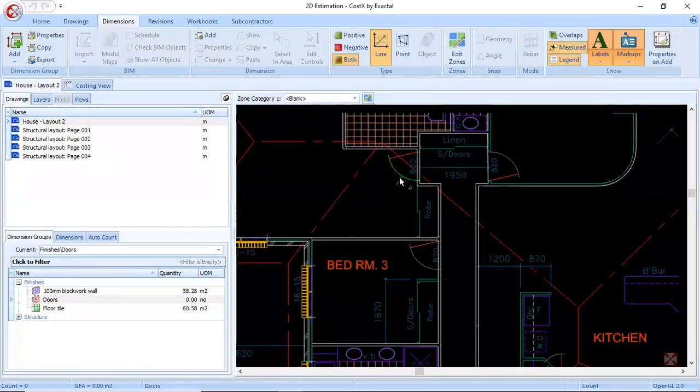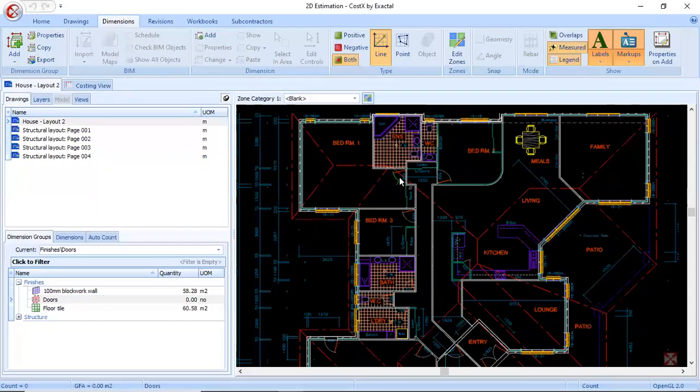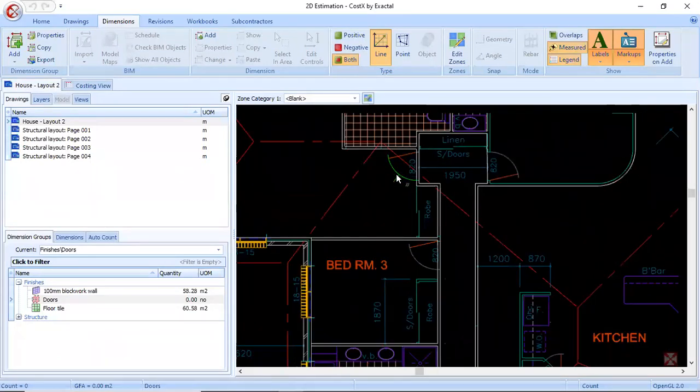Say in a drawing, I may have different doors which range from D1, D2, D3, D4 like this. So all my D1 doors in a drawing are categorized to one block, and if we have 5 D2 doors, everything is categorized in an AutoCAD drawing as one block. That can be easily counted in Costex. Say I have the 820 door.